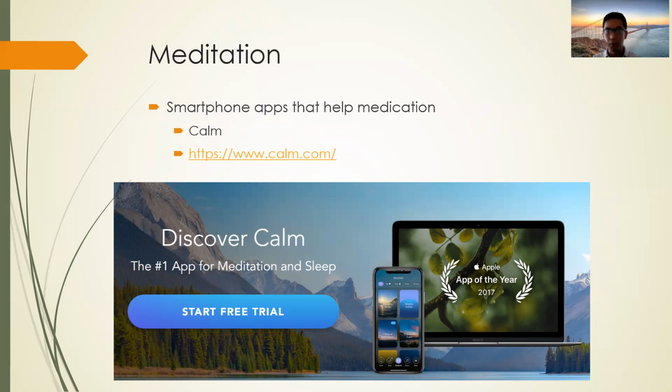There are a lot of small programs in that app that help you meditate and focus on the current moment. There is a lot of paid content. However, some programs are free. You can start a free trial, and if you want to buy some of the programs inside the app, you can do that. So that's the recommendation.